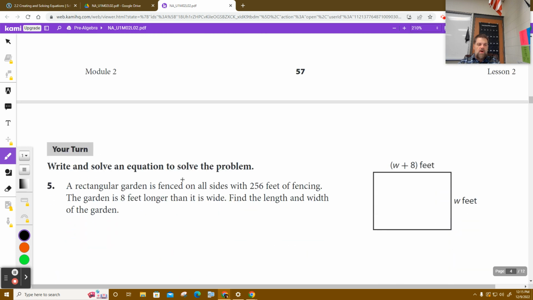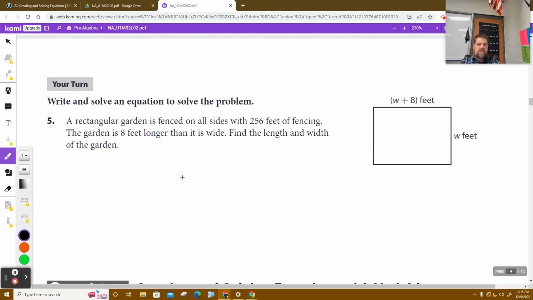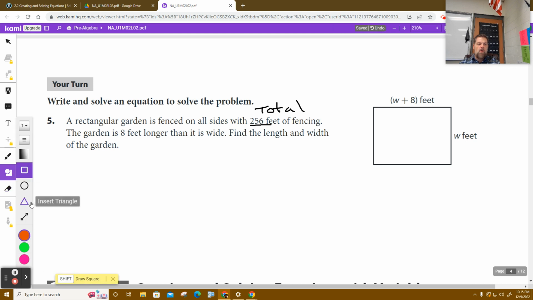Let's try one more of these problems before we move on to the next thing and see how we feel about this. So let's consider this rectangular garden that's fenced in on all sides. It has a total of 256 feet. Now, I said total even though it wasn't written down. Now, what they're talking about is this whole thing